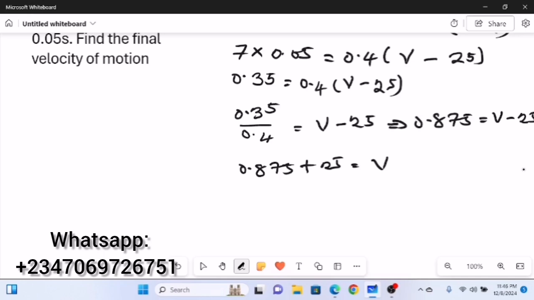So our final velocity v is equal to 25.875 meters per second. For that given object, this becomes the final speed when it is being hit by